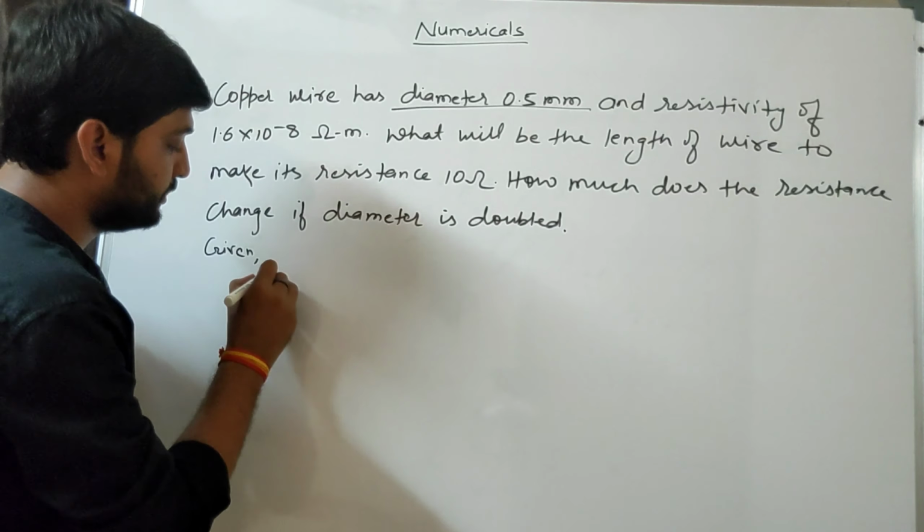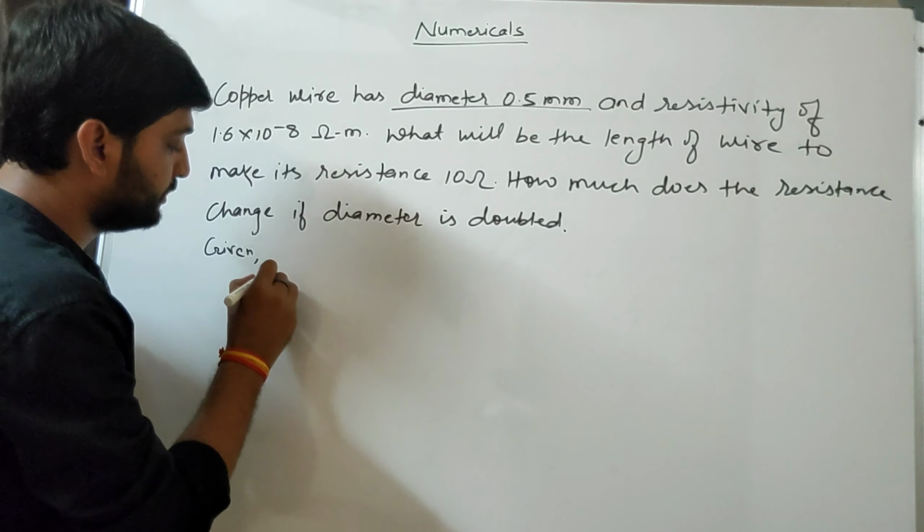Second part of this question. What is it saying? If we double the diameter, what is the diameter? I am talking about the second part of this question. For given D, it will be 2 into 0.0005 meter. Therefore, R is equal to 2 into 0.0005 divided by 2. 2 cancel.